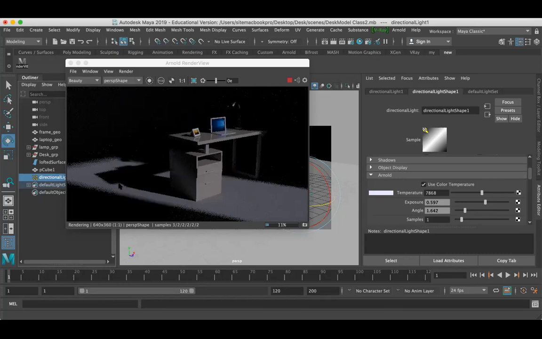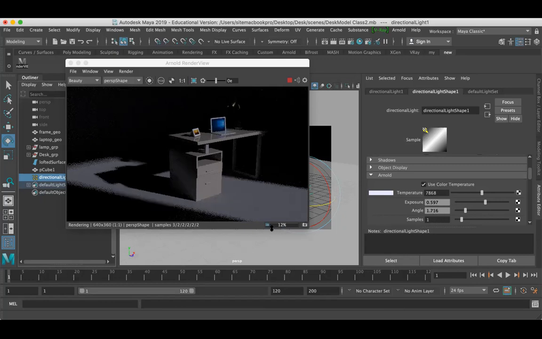These things we already discussed in the first class. So to soften the shadows, I'm just increasing the angle. In the real world, you cannot find hard shadows. Every shadow you look at anywhere will be soft. Nowhere can you find a hard shadow. So to make the shadow proper, I'm increasing it to some kind of 1.7.